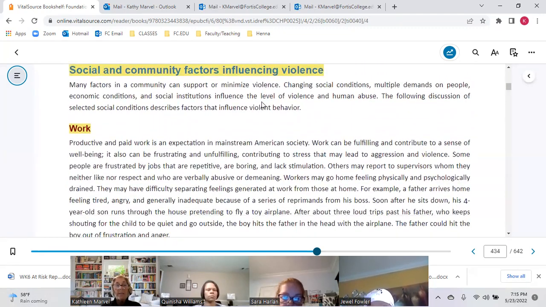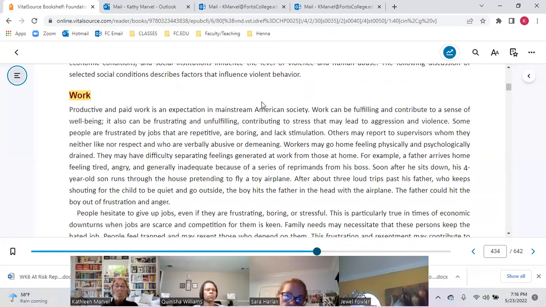And then it goes through each section. You can read through each section of the factors affecting it, but what's more important is you know what factors are affecting violence. Okay, so you can skim through each of these, but work, what do you think of when you think of work? I think of workplace violence,